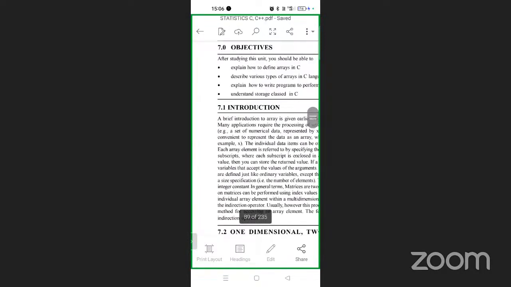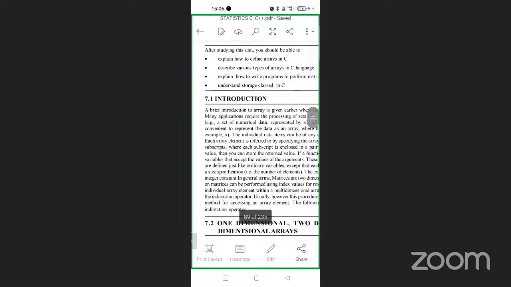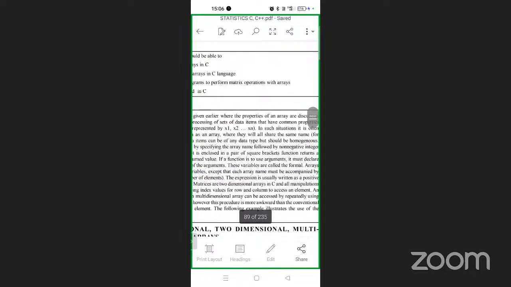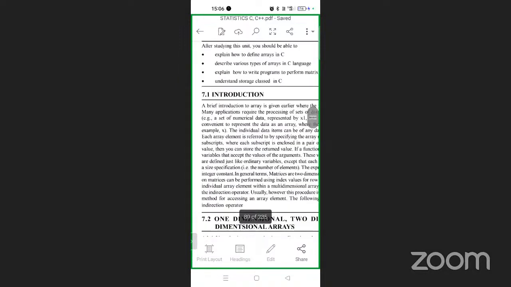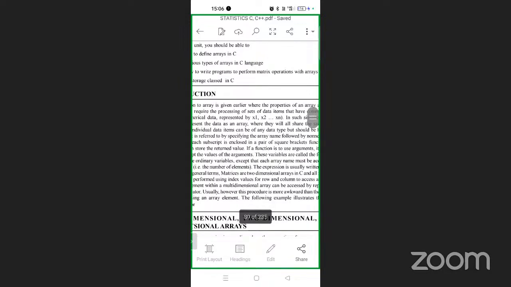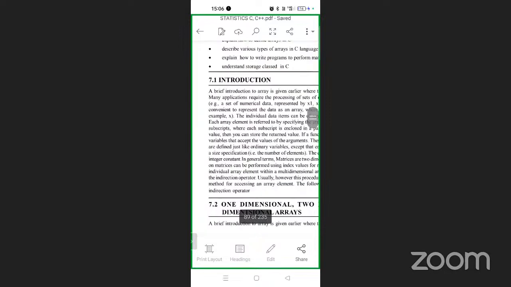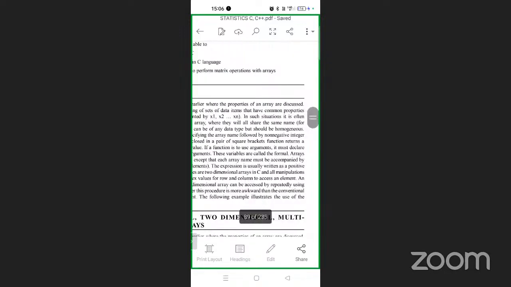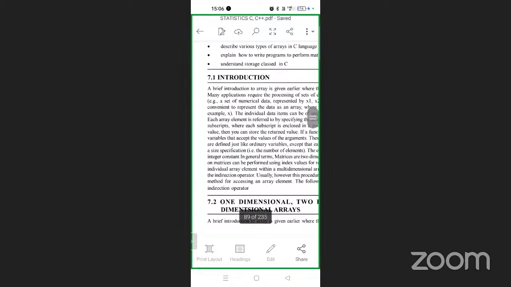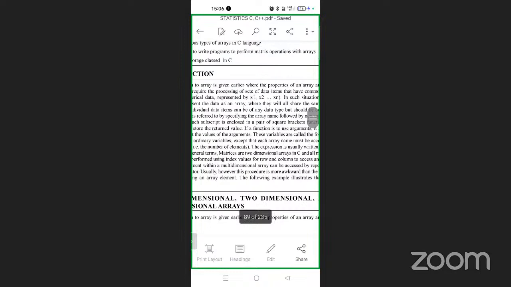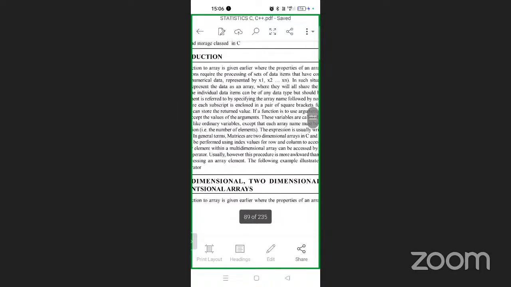A brief introduction to arrays is given earlier, where the properties of an array are discussed. Many applications require the processing of sets of data items that have common properties. Example, a set of numerical data represented x1, x2, etc., xn. In such a situation, it is often convenient to represent the data as an array, where they will all share the same name. Example, x. The individual data items